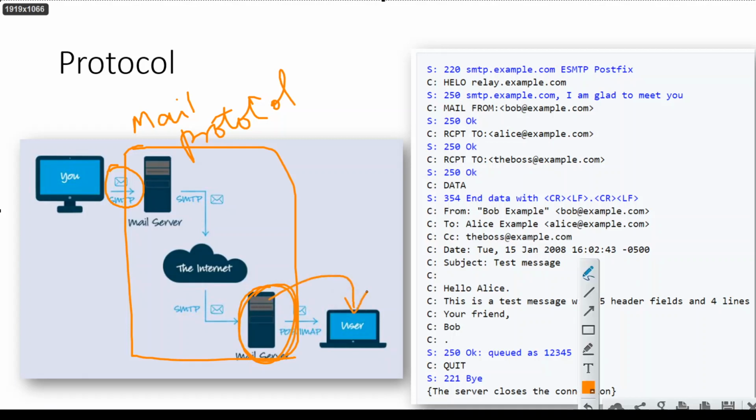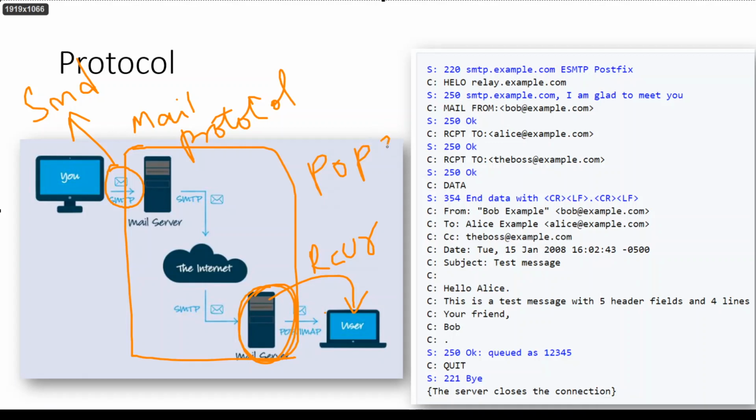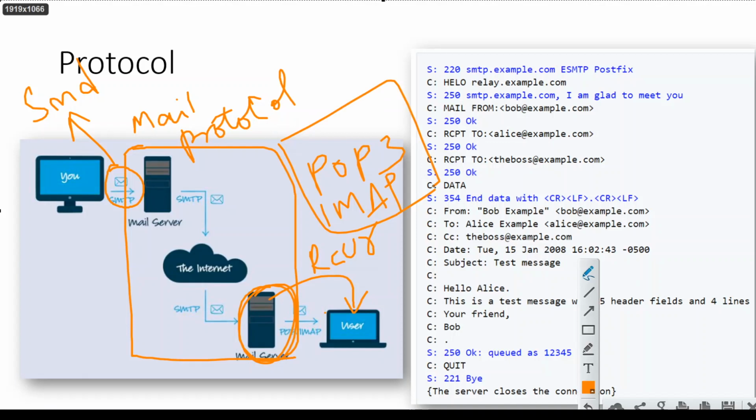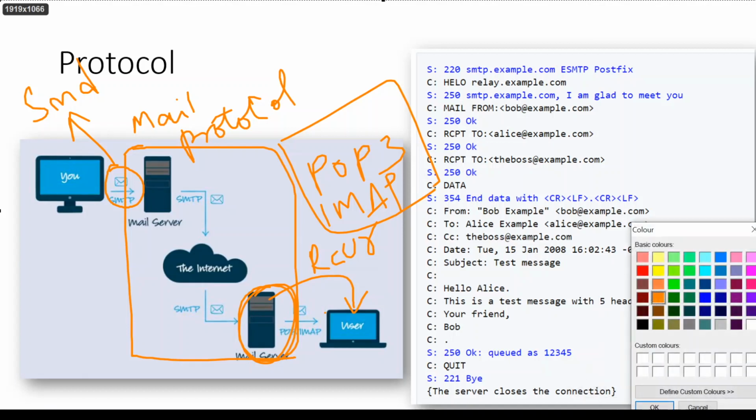And from there, in order to access mail, there is another protocol. This is for the receiver side, and SMTP is for the sender side. So at the sender side we have the SMTP protocol, and at the receiver side we have certain protocols. There are two popular protocols, such as POP3, where the 3 is the version. POP is a protocol, and then there is also IMAP. This is just for our awareness, because now we are only sending mail, we are not receiving mail. When we are sending mail, we do not have to worry about POP or IMAP.